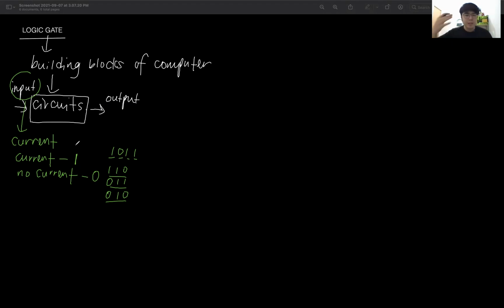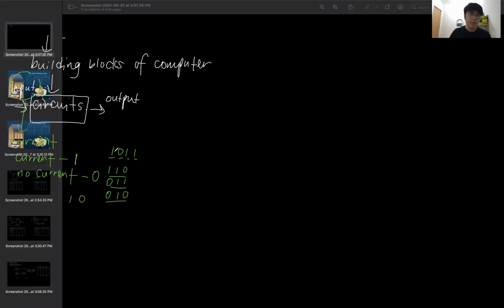Okay, so just to give you a general idea, what is a logic gate? Now in the next part, of course, we are going to deal with this 1 0 thing. Now to understand logic gate in more detail,